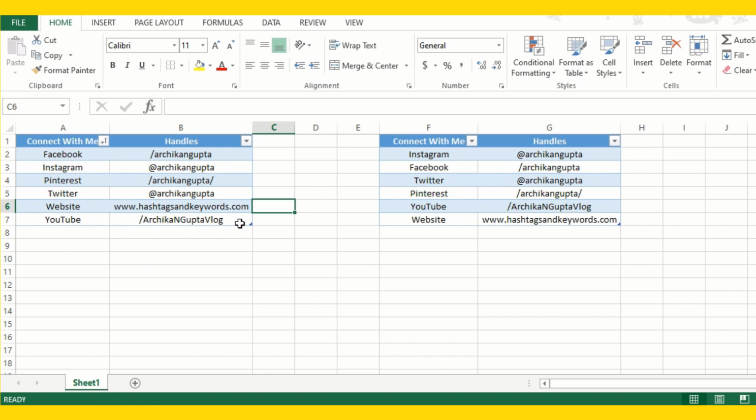And there's one more thing I would like to add over here. You can always expand your table by just clicking on this blue thing that is sitting right over here at the bottom right corner of your data, and I'm gonna long press it over here and drag it downwards, and it will add more rows for me to the table so I can add more data to the table. So yeah, this is all about converting data into a table.